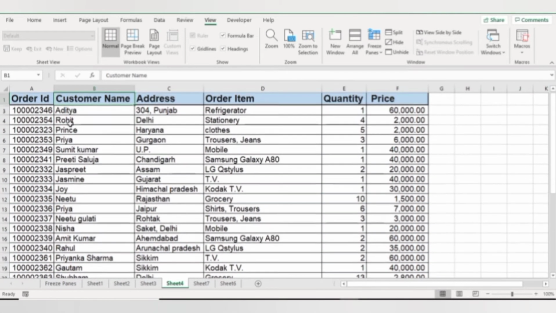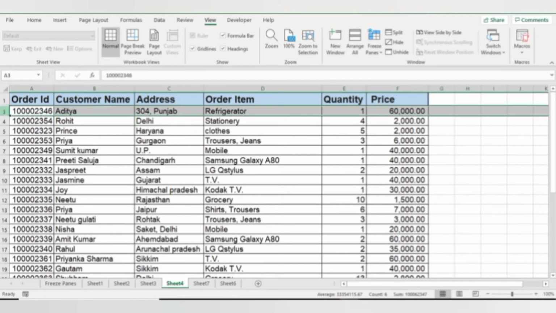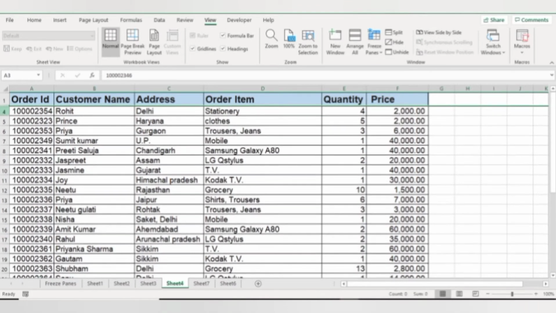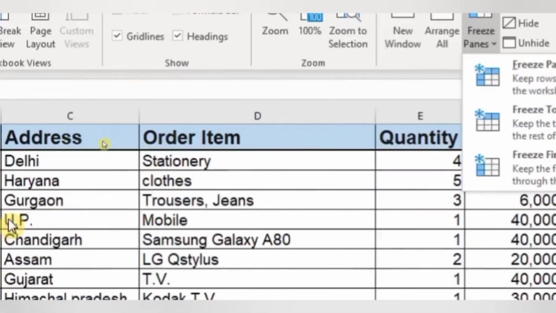Now let's see what will happen if I hide some of my rows from my data. Like if I hide my row number 2 and 3 from my data by pressing Ctrl and 9 key. And now if I want to freeze my rows till row number 5, then again I will go to Freeze Panes and click on Freeze Panes by putting the cursor in row number 6.